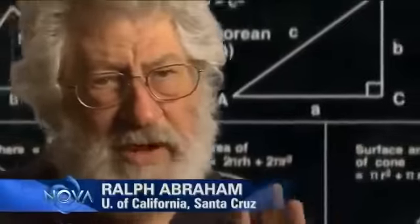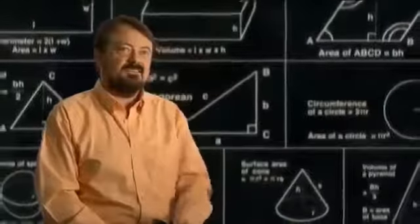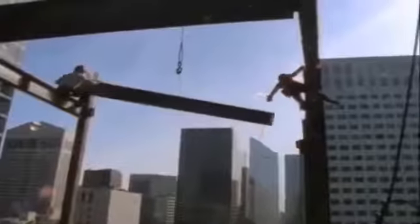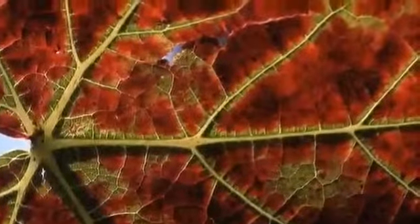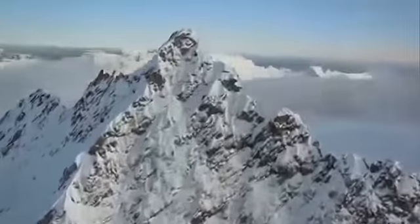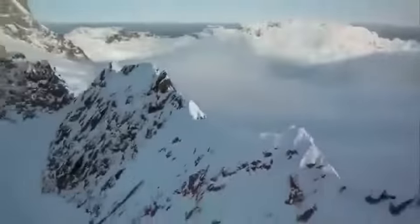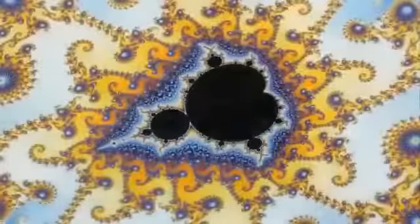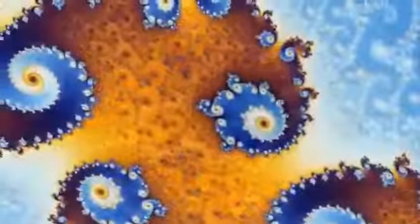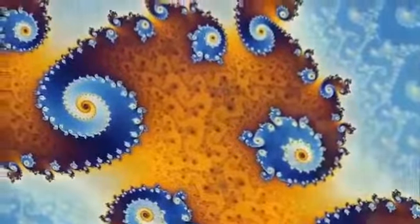call self-similarity. The main idea is always, as you zoom in and zoom out, the objects look the same. If you look at something at this scale, and then you pick a small piece of it and you zoom in, it looks very much the same. The whole of the fractal looks just like a part, which looks just like the next smaller part. The similarity of the pattern just keeps on going. One of the most familiar examples of self-similarity is a tree. If we look at each of the nodes, the branching nodes of this tree, what you'll actually see...